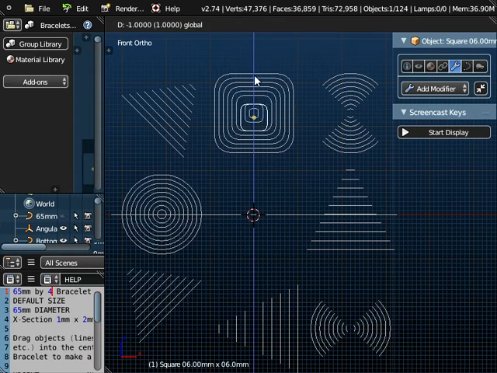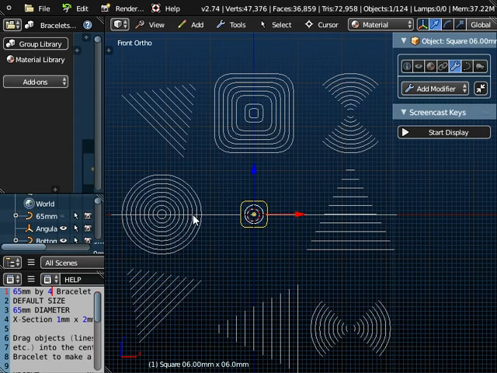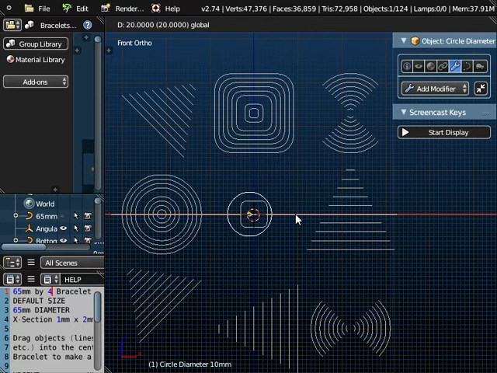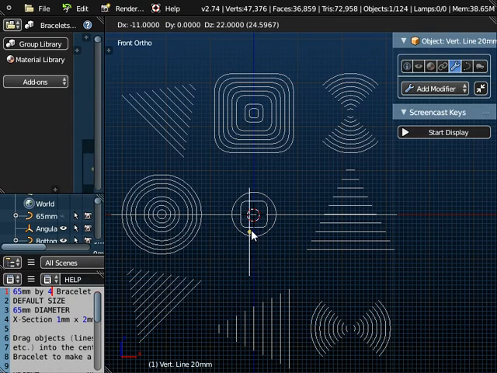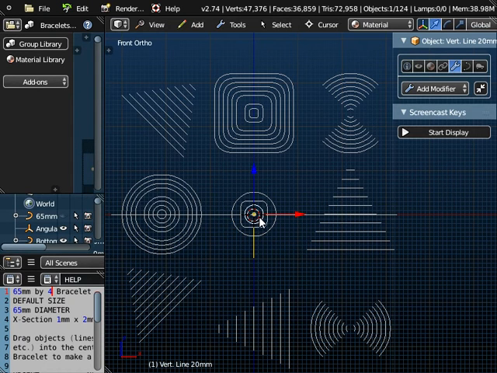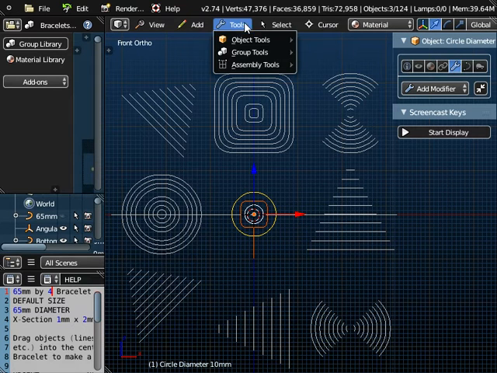And if I just drag that object down to the middle there, and I'll just choose another one here and drag it over there, and I'll just drag that one into the middle as well. So I've just basically dragged 3 curves into the center of my screen, and if I just join them together,